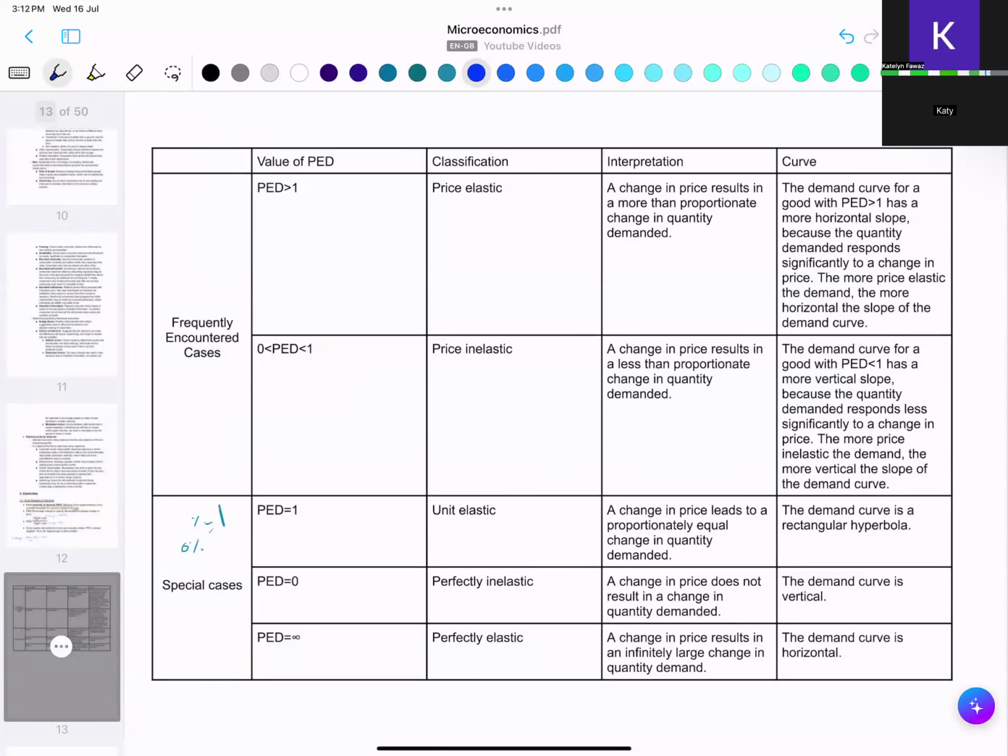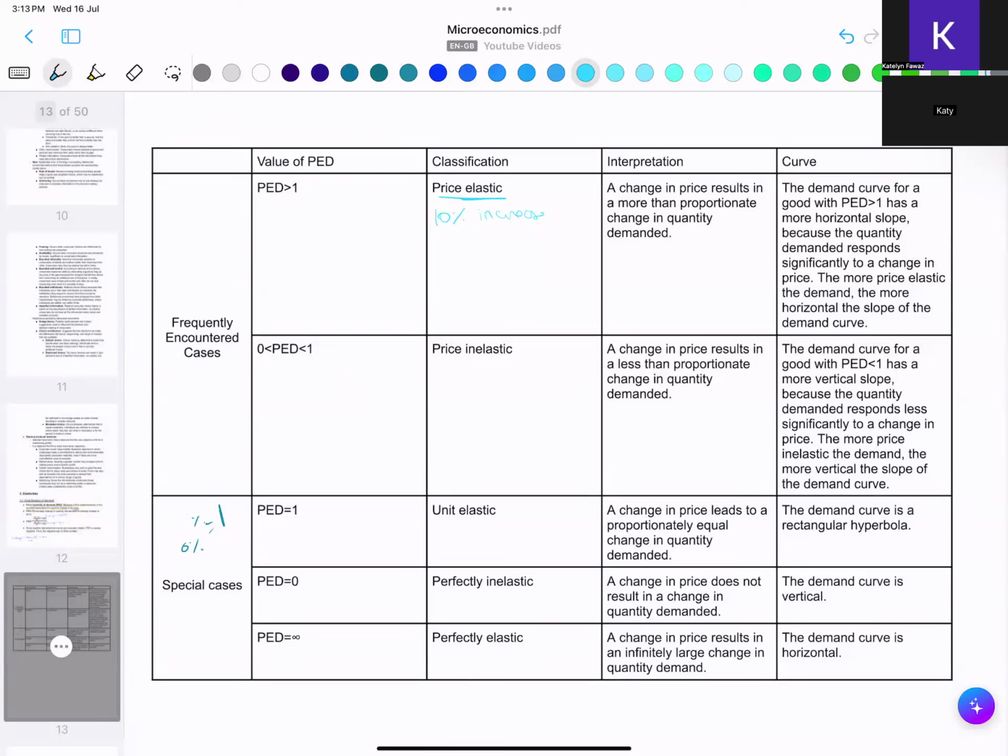So the frequently encountered cases, meaning the outcome that usually happens with most goods. In most cases, when the PED is greater than one, this means that the demand is price elastic. What does it mean when it is elastic? It means that when there's, let's say, a 10% increase in price,